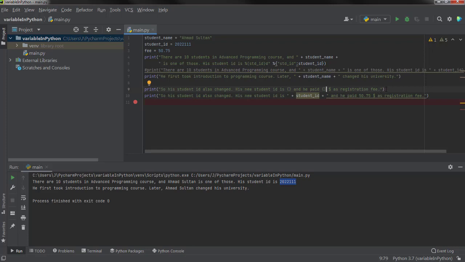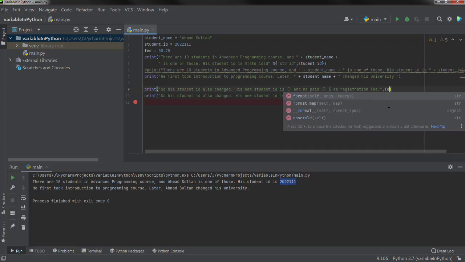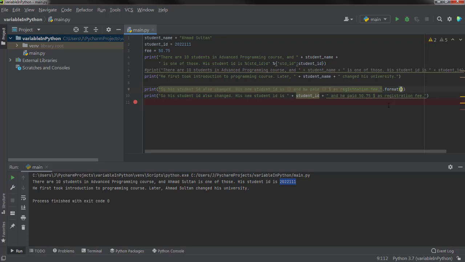Then we close the quotation mark. So what we have to do is write format, and then we will define the variables which we need to print.